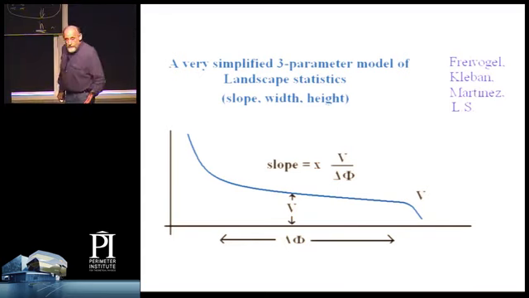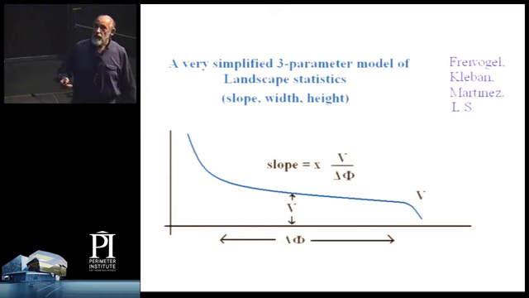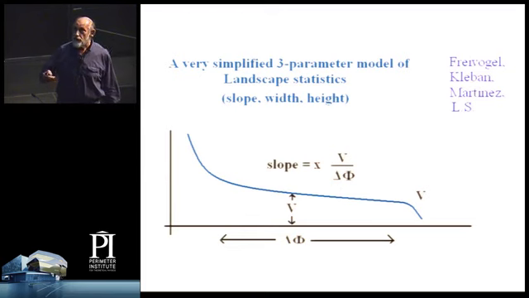Of course, I don't know enough about the landscape to really answer that question, but let me make an extremely simple model of landscape statistics. The inflaton potential in the slow roll region is parameterized by 3 parameters. The first parameter is a width, in other words, how long this ramp is. The second parameter is the height, V, and the third is a slope parameter, x. I'm assuming that it's tilted downward. x can vary from 0 to 1. 0 is completely flat. 1 is a ramp which just tilts down to this point over here.